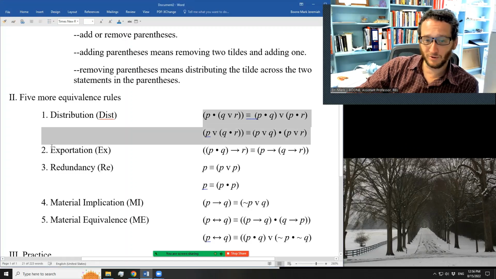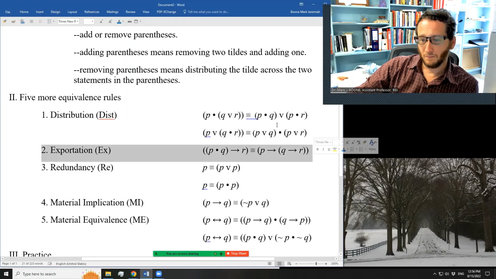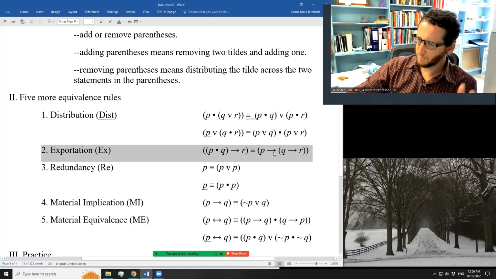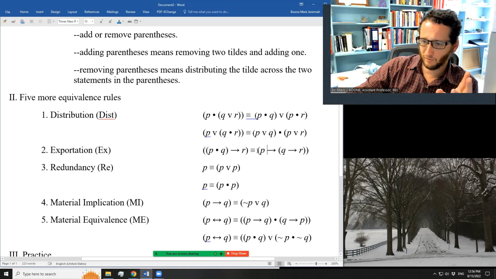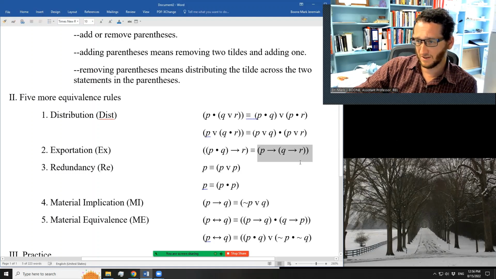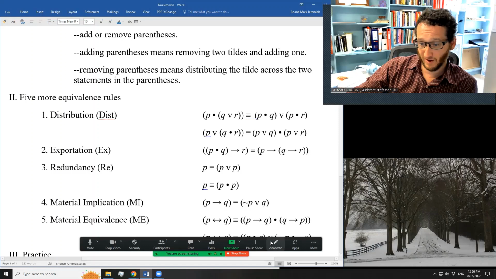Exportation, that was the distribution rule. Now exportation: P dot Q horseshoe R is equivalent to P horseshoe Q horseshoe R. Now you can play around with this. You can go from an if A, then open parentheses, if B, then C, close parentheses, to an if B, then open parentheses, if A, then C, close parentheses, by going from